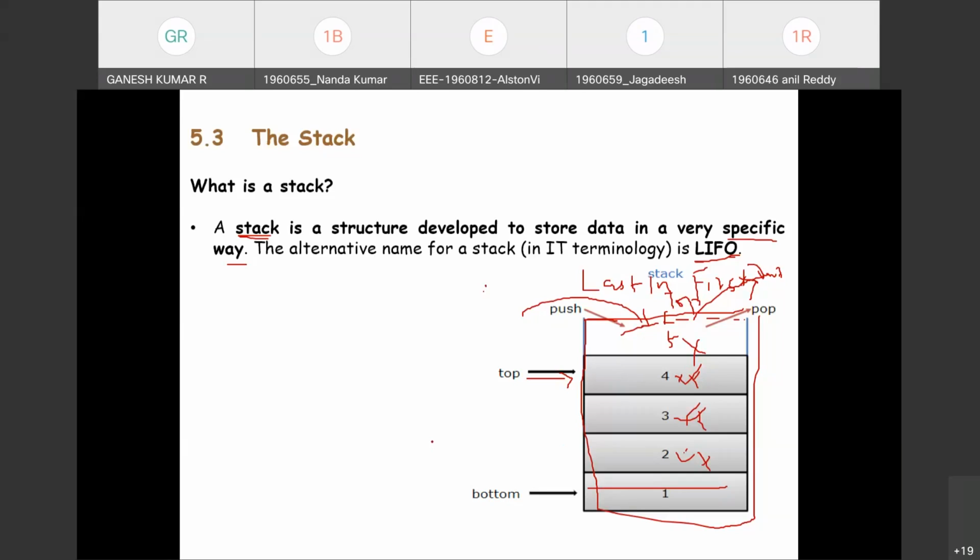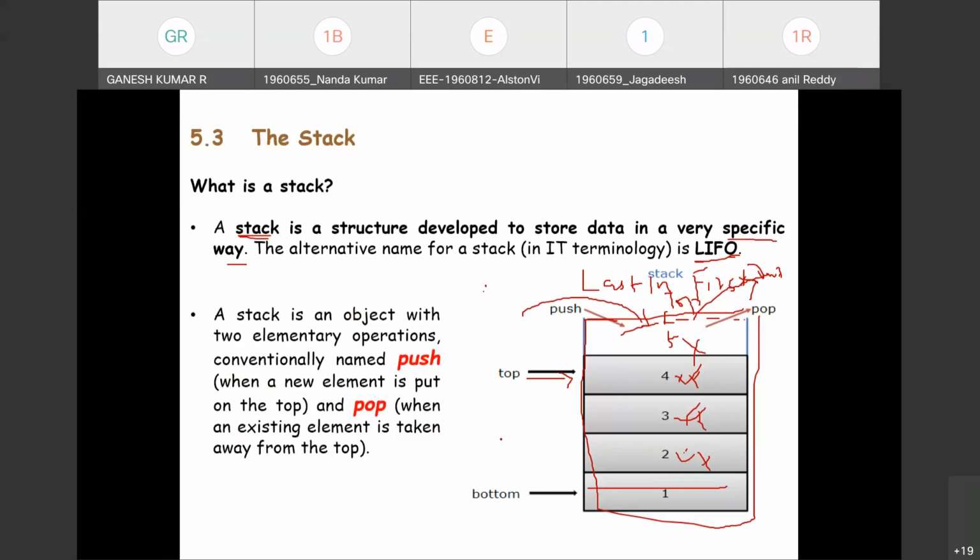So the pseudocode for this is: a stack is an object with two elementary operations, insert and delete. The insert is called push, when a new element is put on the top. Pop means remove or delete. Adding a new item is called push or insert.